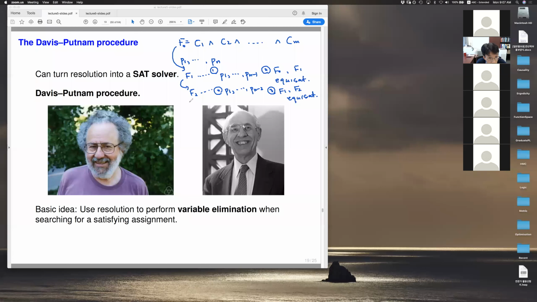And then it keeps continuing until it reaches, say, maybe Fn or Fn minus 1. I don't quite make the index right. But if you reach the final case, then there are no propositional variables at all, because all the variables are eliminated one by one. At the end, we have no propositional variable, which means that, if you do some simplification, this